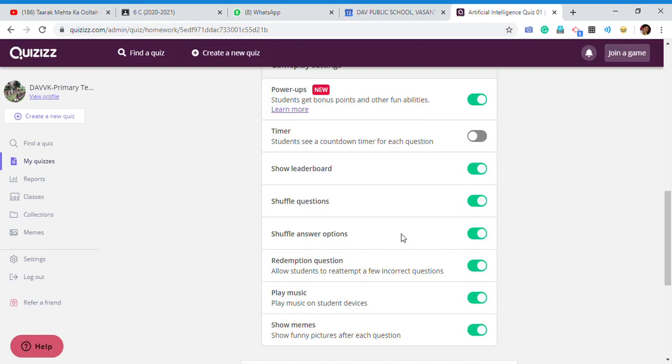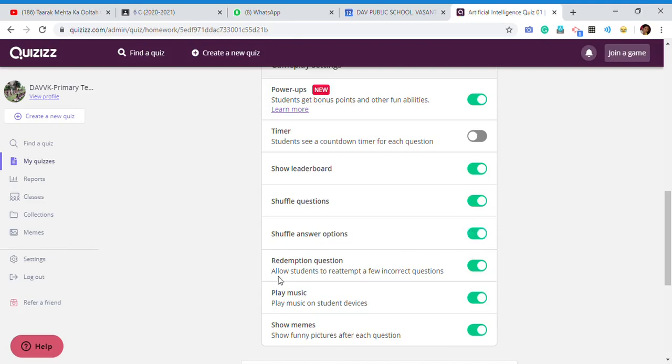You have recorded the audio, identify the fruit, and in the question you have written apple, and after the question, identify the fruit, you have also recorded the audio for the options, then it will be a problem. If you are not recording your voice, then you can keep it off. No shuffling of the answers.